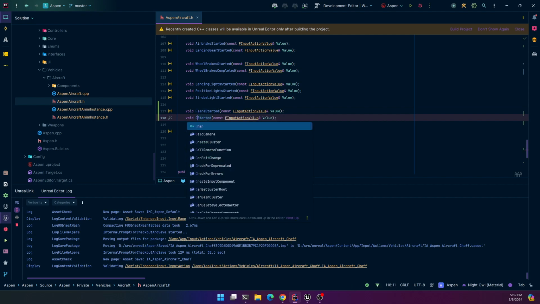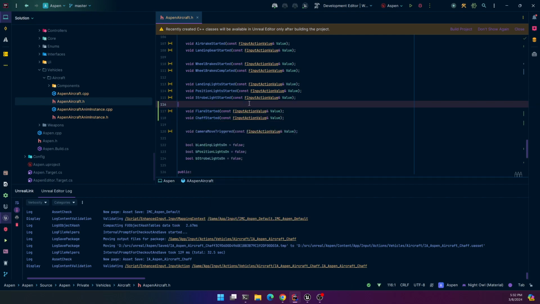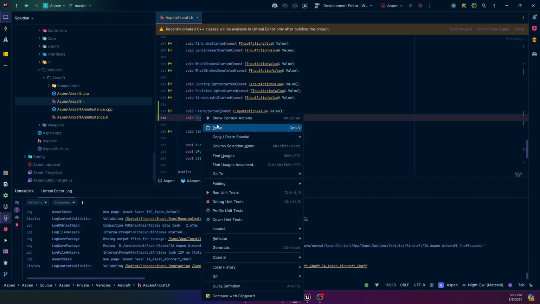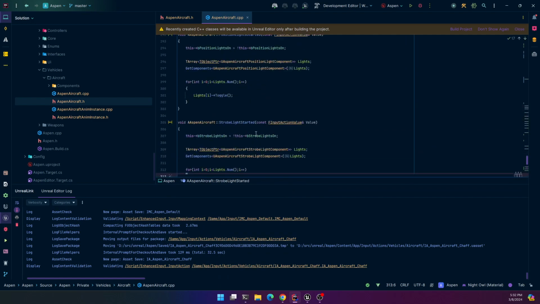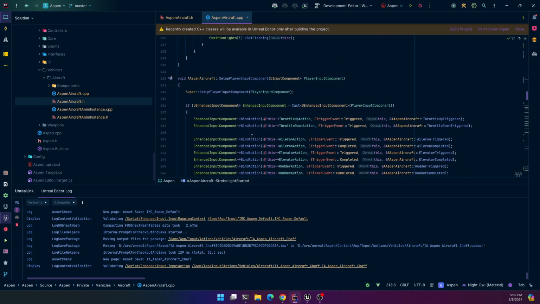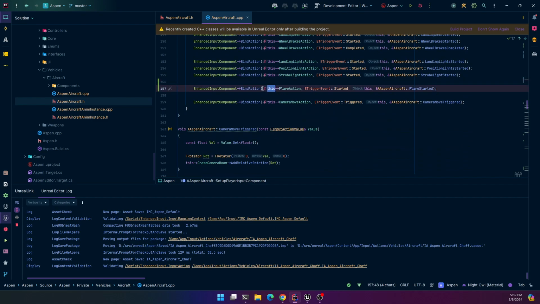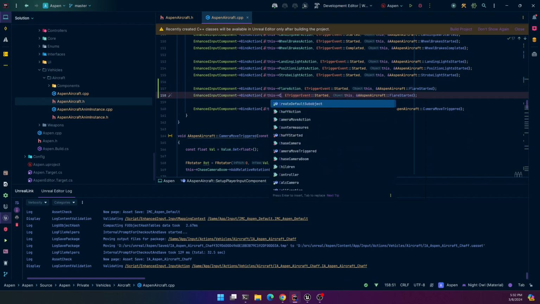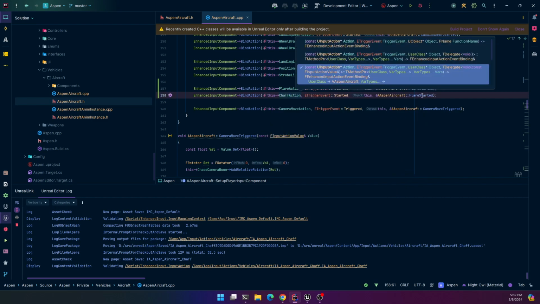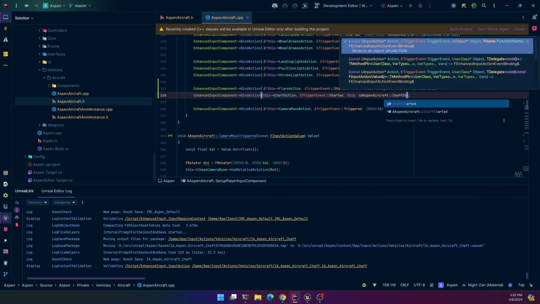Chaff started. Method, create a definition. It's all going to be exactly the same as what I did for the flare. We'll create the mapping here to chaff started,